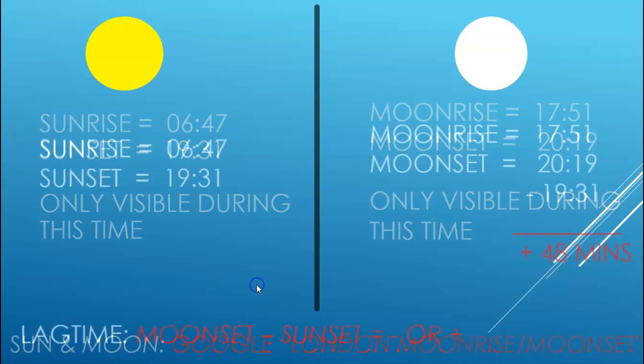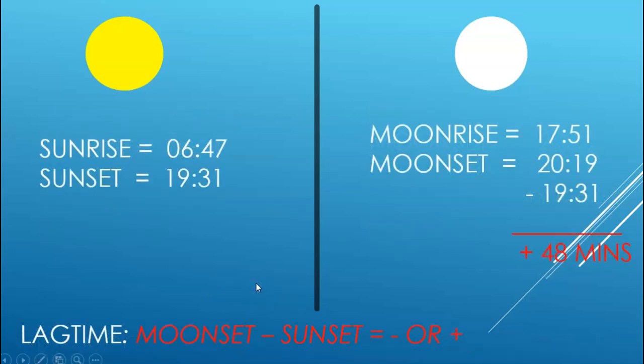New moon, or the crescent, is always sighted after sunset. The most important figure is lag time. Lag time means the time between sunset and moonset. So you take the moonset, in my case 20:19, and you subtract the sunset, in my case 19:31. And if the number is positive, for example in my case 48 minutes, it means that the moon is setting